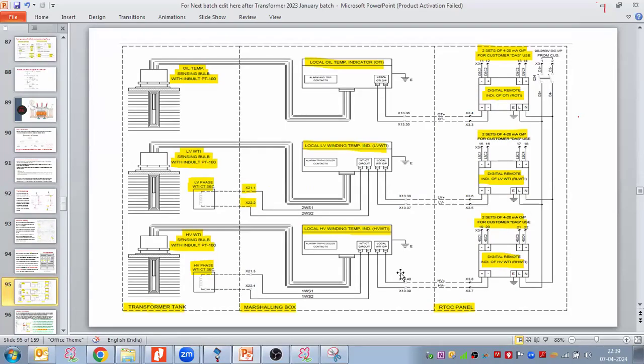So I have taken a snapshot of the transformer vendor drawing. In that they have indicated the transformer tank, transformer marshalling box, and then the RTCC remote tap changer control panel, which is used for the OLTC operations, right? Remote tap changer control cubicle, like that, RTCC. Now if you see from the transformer tank, oil temperature sensing bulb with inbuilt PT100. This is our